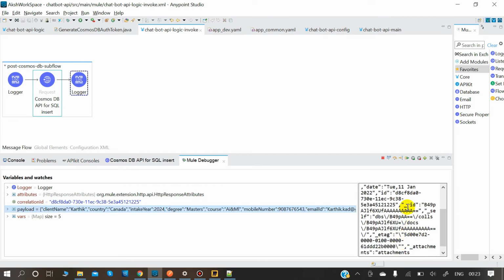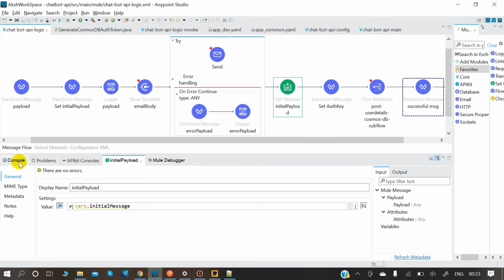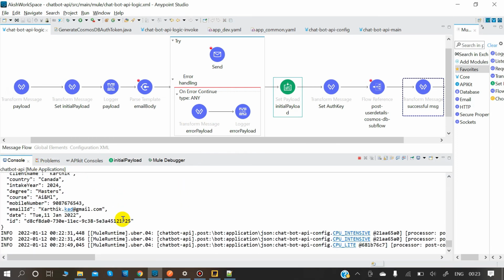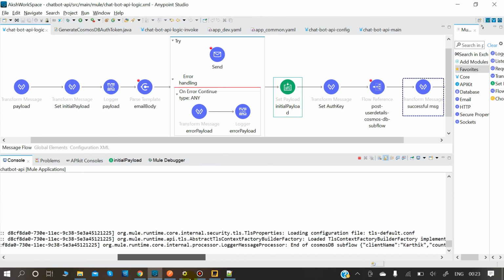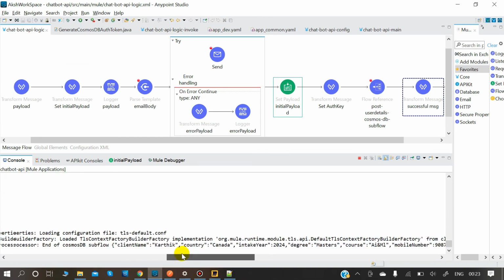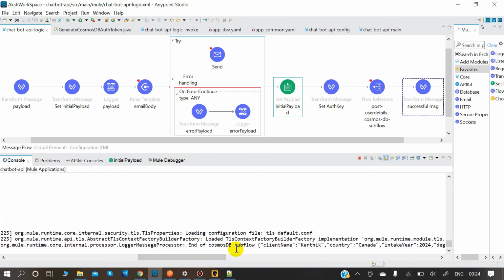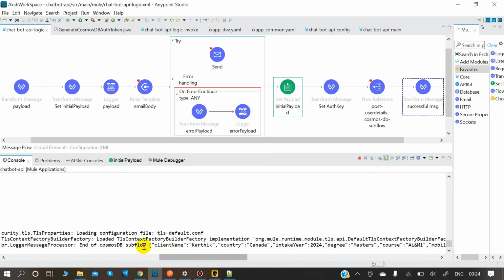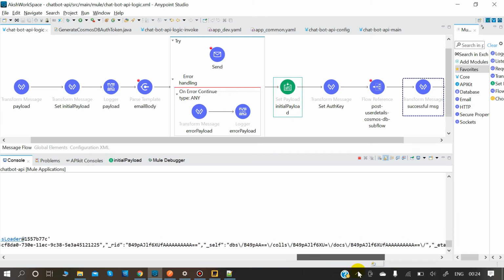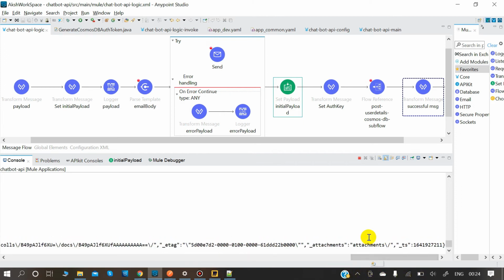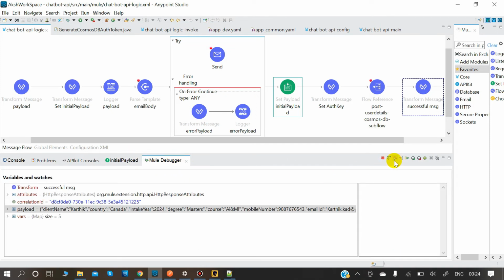As you all can see, RID, DBS, attachments, all this has been added to our response. And this is how we completed the flow, giving these logs. As you all can see, at last it says end of Cosmos DB subflow, and then it's giving us this payload, which we masked, what we saw in the RAML in API designer, which the client approved.